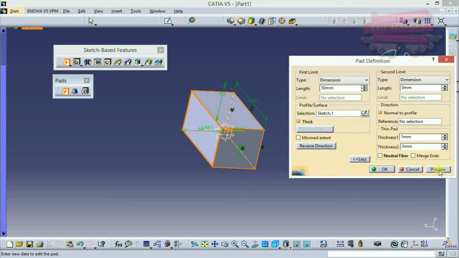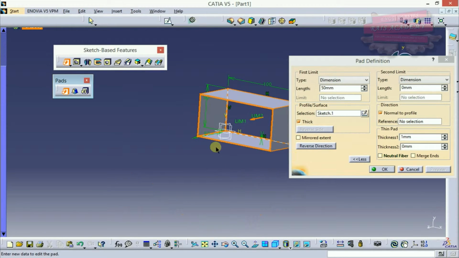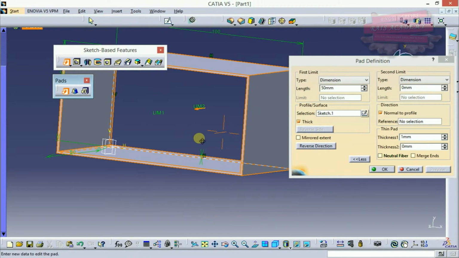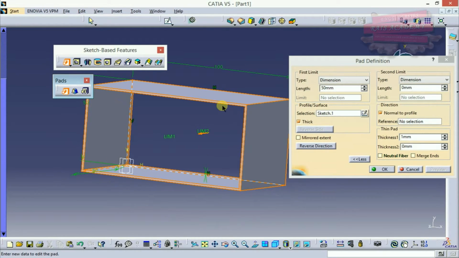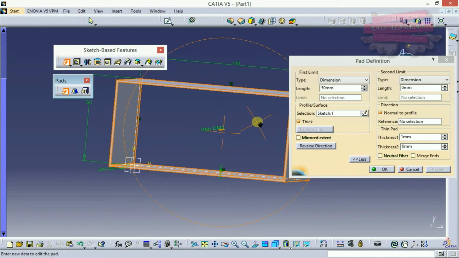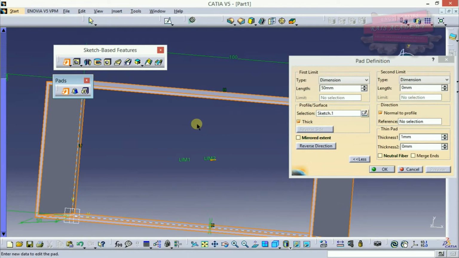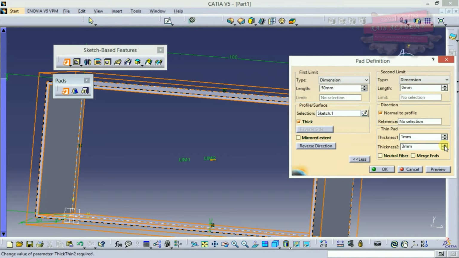As you select thick, you can see only the outline has been padded as per the thickness provided here. Thickness 1 is the thickness, and you can increase it.